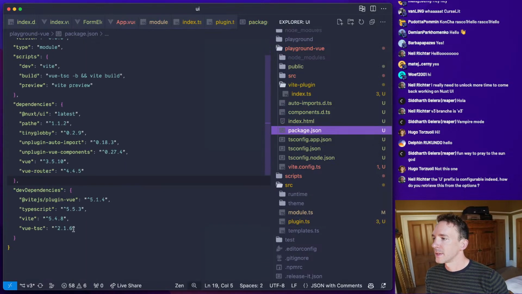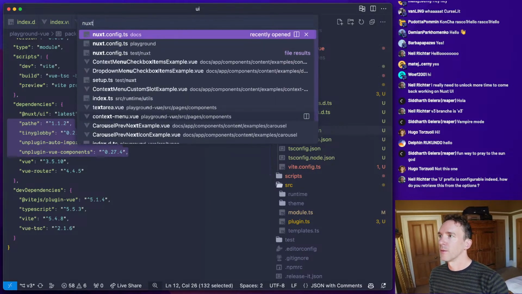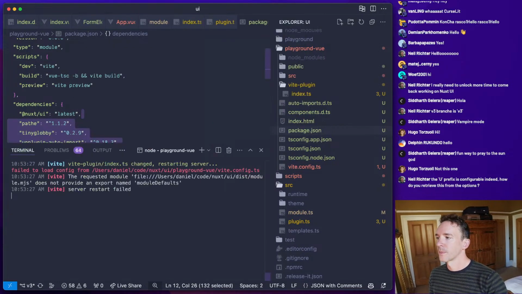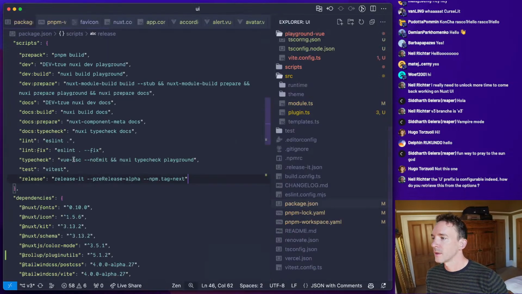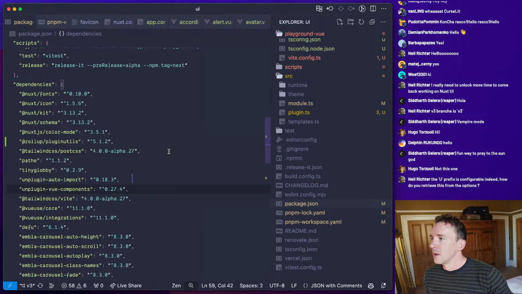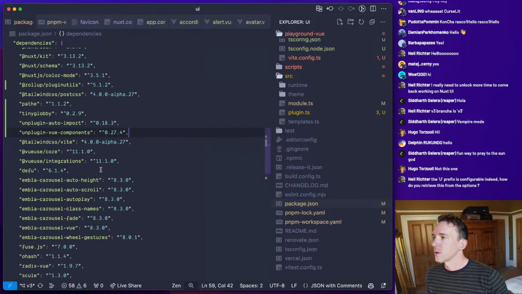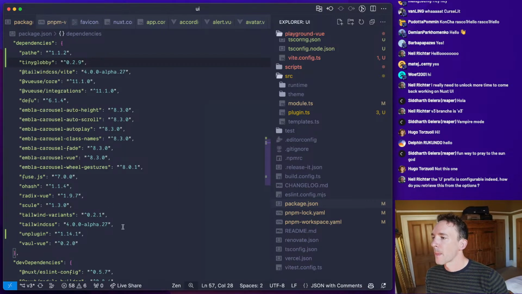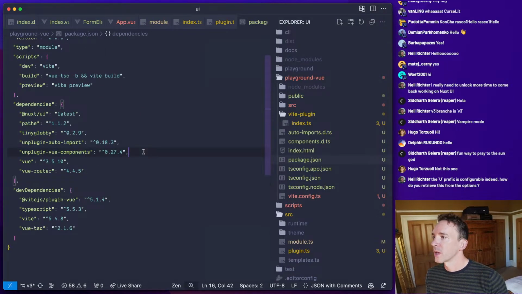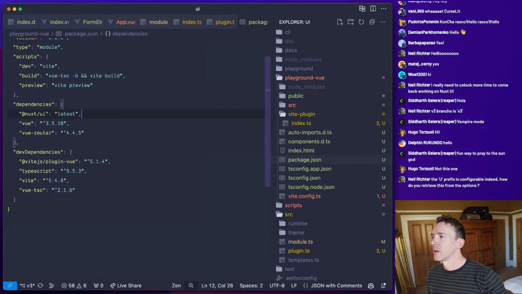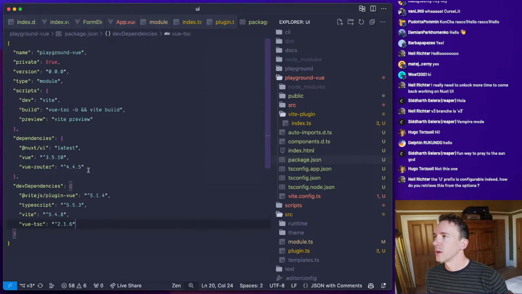Let's have a look at the dependencies that we've added. And we basically want these all as dependencies of the module. Let's just check that they are. Okay. We'll clean them up in a bit. Okay, so we can drop them from here. And I think all of those were here already.